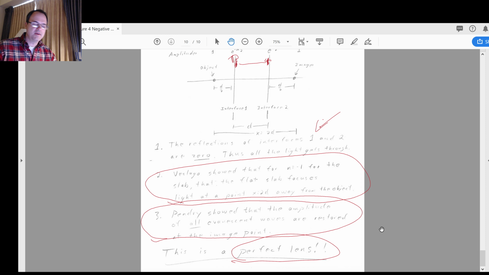Because wow, if you can make a perfect lens, just think about what you could do. Especially if you can make a flat lens that's perfect. There'd be so many optical systems that would be revolutionized if we can actually make this in practice. All right. So certainly companies like Intel, IBM, ASML, photolithographic companies that make computer chips,